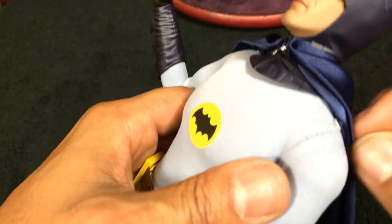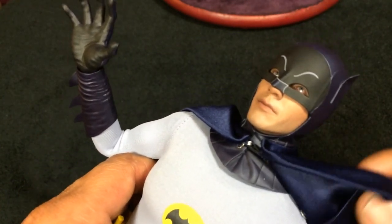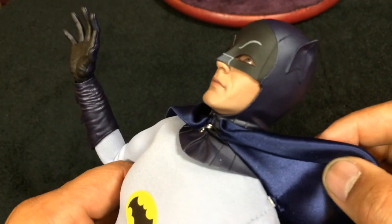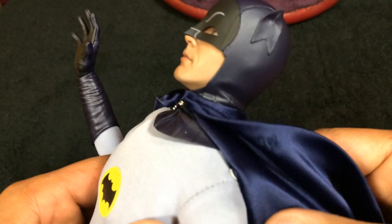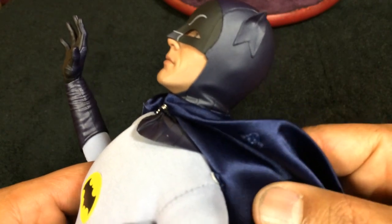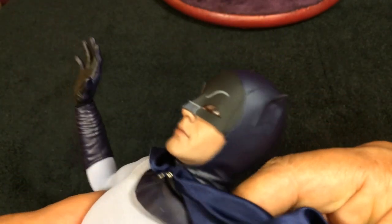Now there's some nice funny things when we talk about the detail of this action figure. Some nice cool things Hot Toys did. They give you hidden snaps underneath this, so you can adjust. There's one snap here, and the stock position that it comes in the box is snapped here. So if you want to pull the cape away, you unsnap this, you want to,